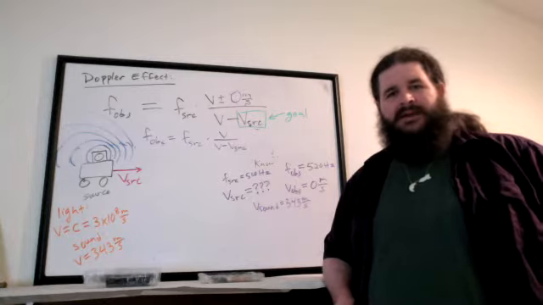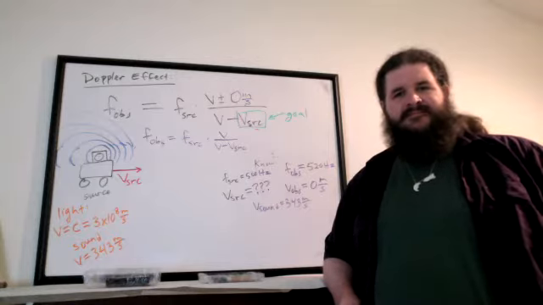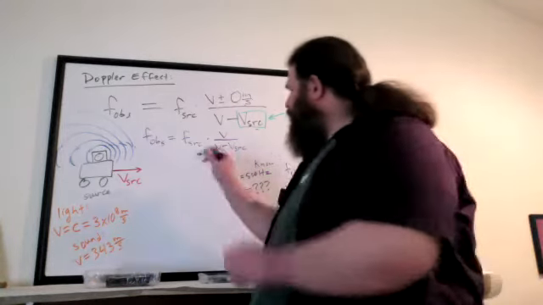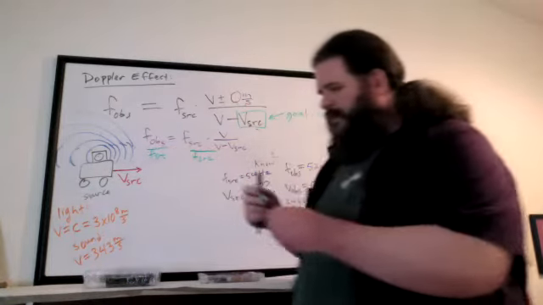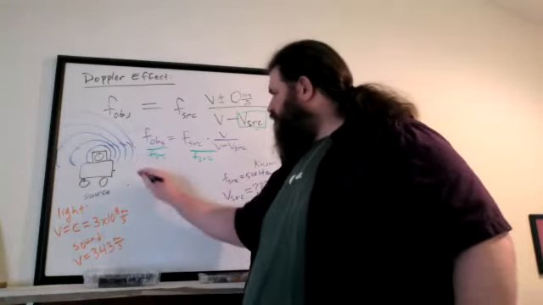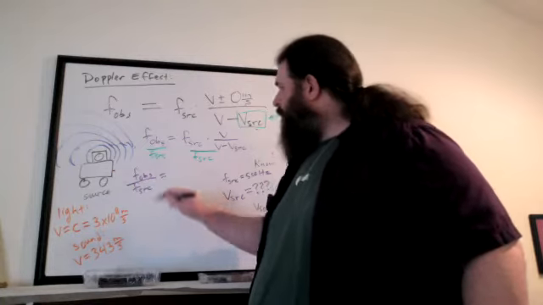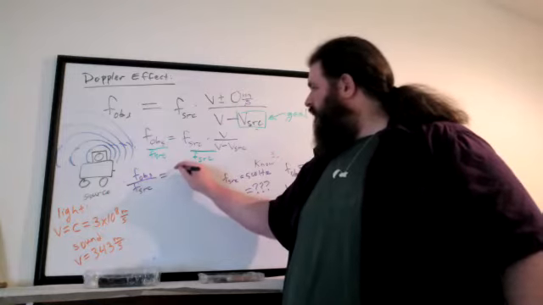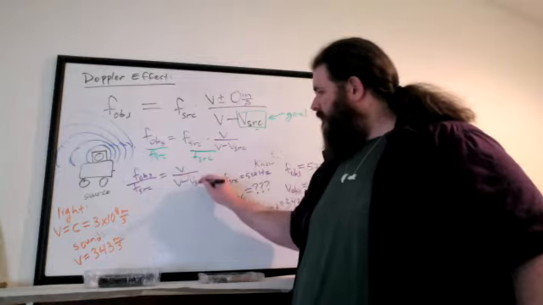What's the first thing you would want to get rid of? Do we divide by the frequency of the source? Yeah, let's try dividing both sides by frequency of the source. That at least gets rid of that extra multiplier. So frequency of the observer divided by frequency of the source, that ratio of frequencies, so that'll just be 520 over 500, equals the ratio of speeds, speed of sound over the difference in speed of sound minus speed of the source.